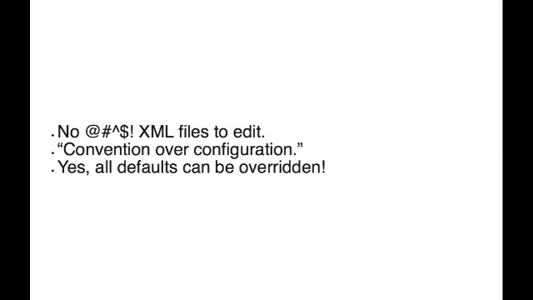So you notice that that was it, 3 steps. There was nothing I skipped. There was nothing that I didn't do that you would need to do if you were doing this in real life. 3 steps. No XML files. I come from the Java world. Man, there are so many freaking XML files. No XML files. And this has to do with Rails philosophy, which is very similar to Ruby's philosophy, which is